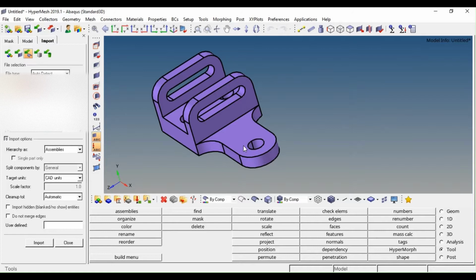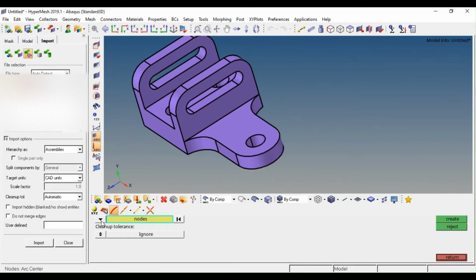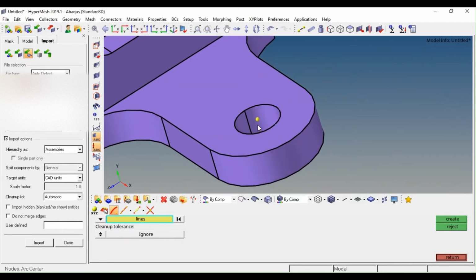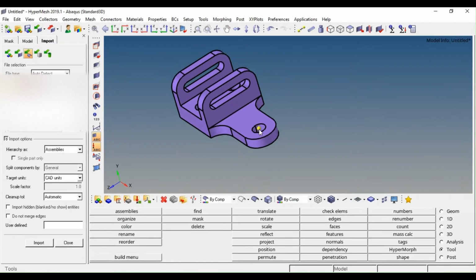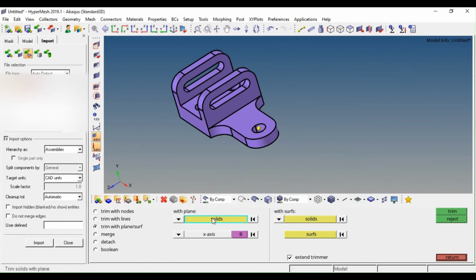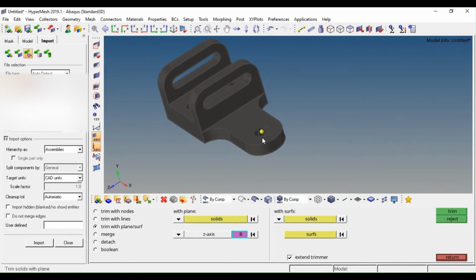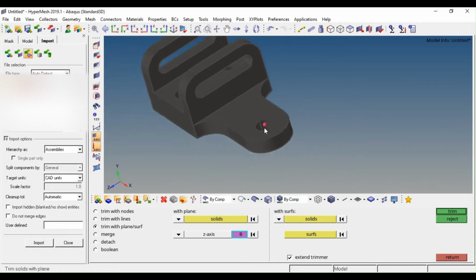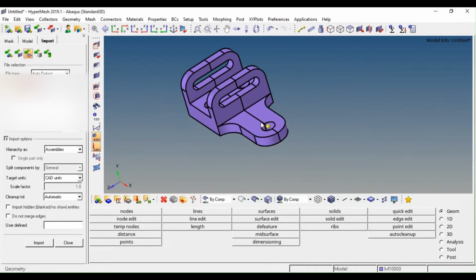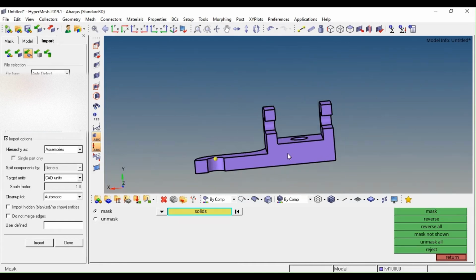XY plane. So we will cut this plane. Firstly, we need some mid node. So I will use this F8 option, and I will use these lines to create one midpoint, this center point, and then I will go on and cut this using this solid option, and I need to put the Z axis here as this is symmetrical about the XY plane. I will use this as a base point and trim this. Once this is trimmed, I will hide one half of this solid, and now I will work on this